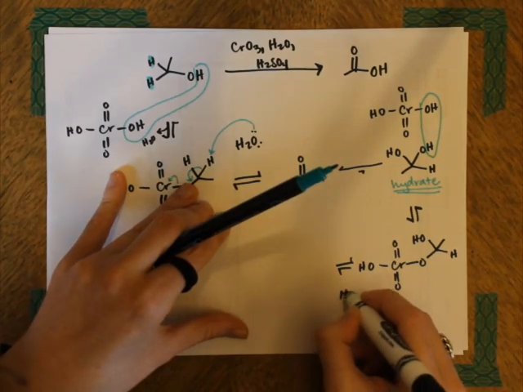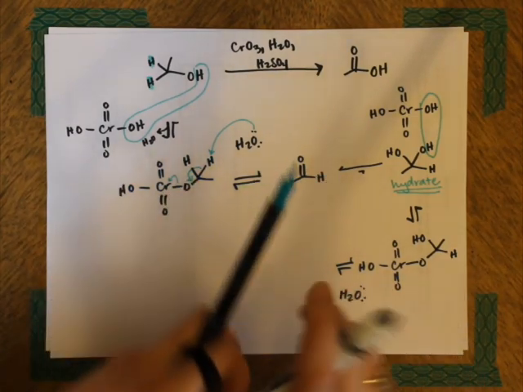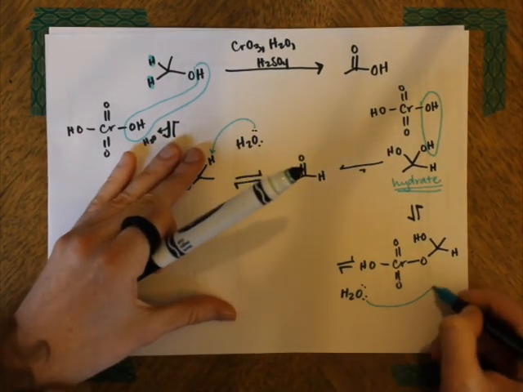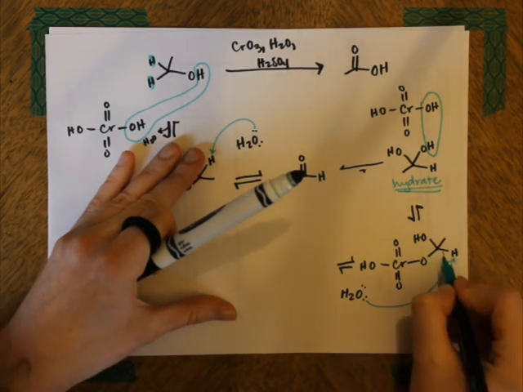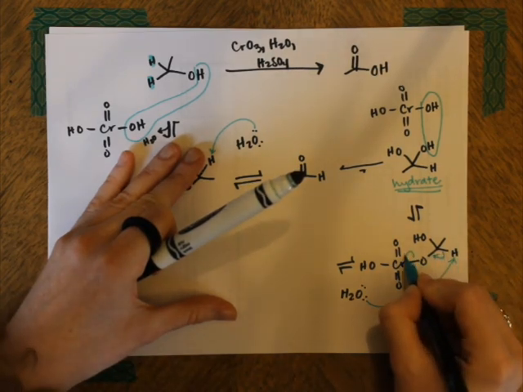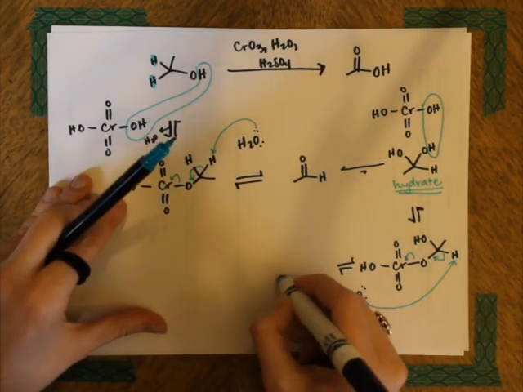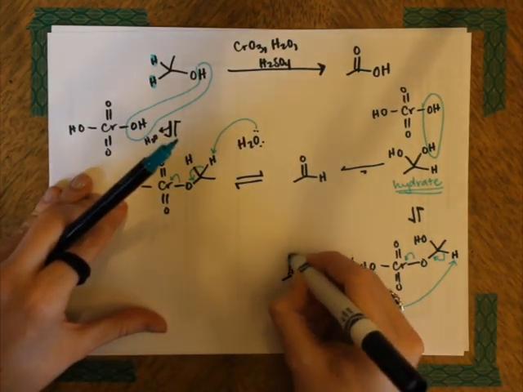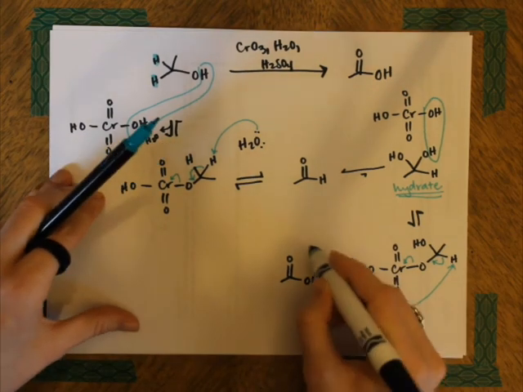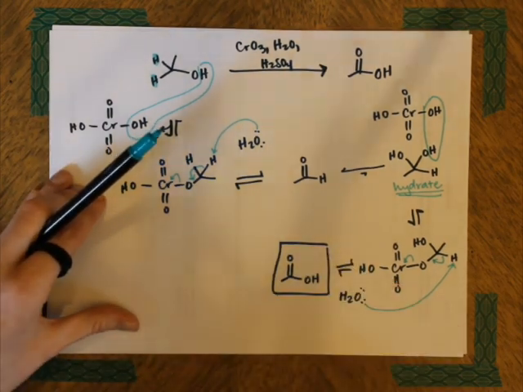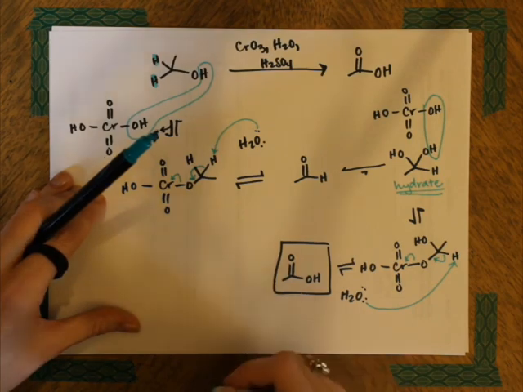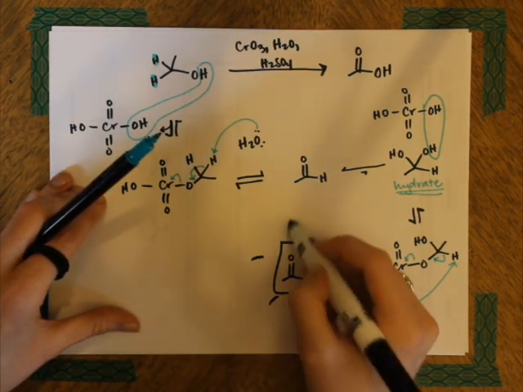Last thing we need to see is water acting as a base to come and remove this proton here. This will go to form the acetic acid and we'll lose that chromium as a byproduct that we're not super concerned with. So this is how we end up making